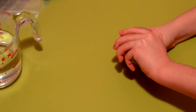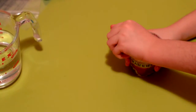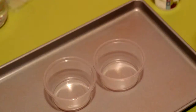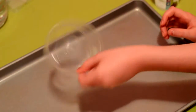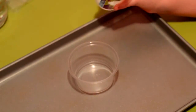Okay, so that was about a minute, so we're just going to open this up again. There we go. Oh, it's drying. We're going to let this one sit with my other one. So I have a baking sheet here in case there are any messes. And I only need one container, this plastic container. And I have my